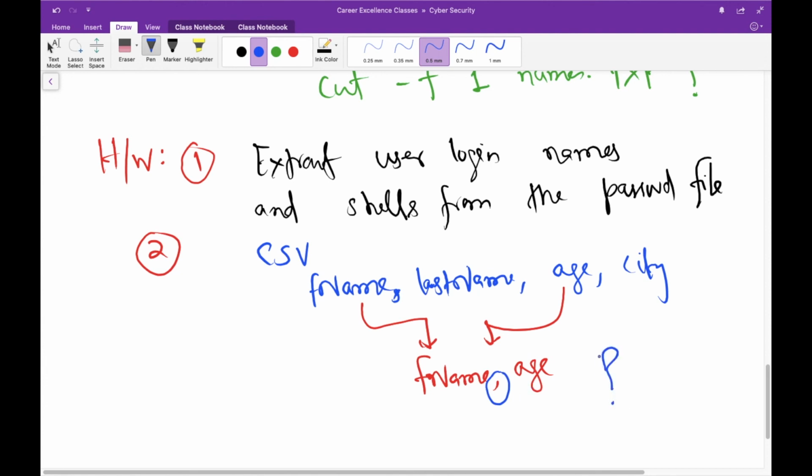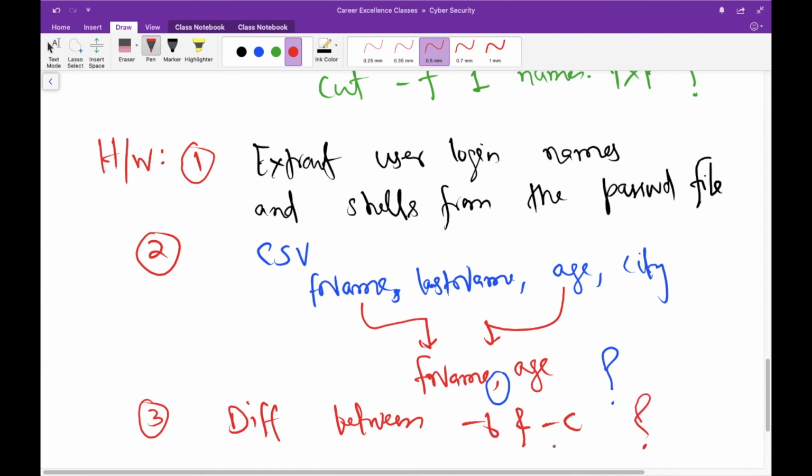Okay, so we have a lot of questions now. Before this I gave you 2 more questions, and that was the difference between -b and -c. As we got the same output for all the inputs, now you have to find out the differences between these two, and when it's good to use -b and when we should use -c. So I think this is enough for this lecture.